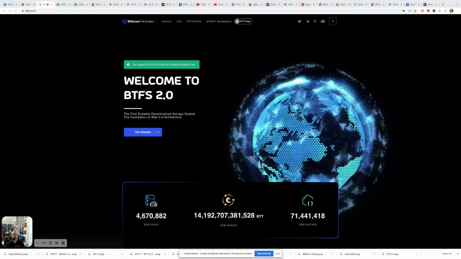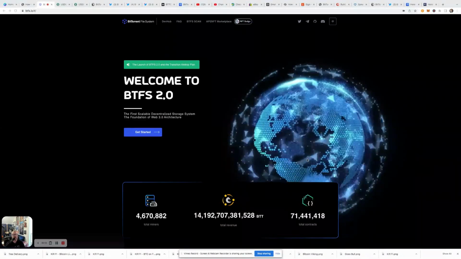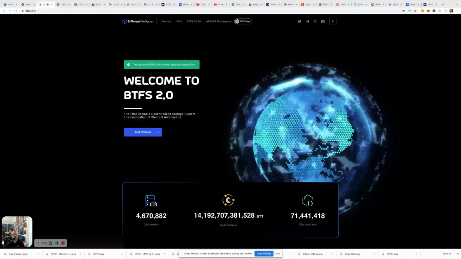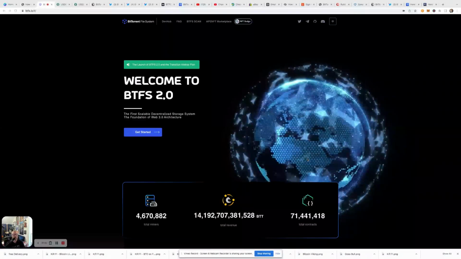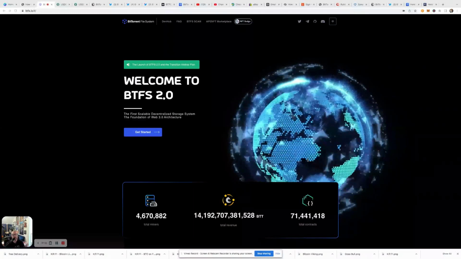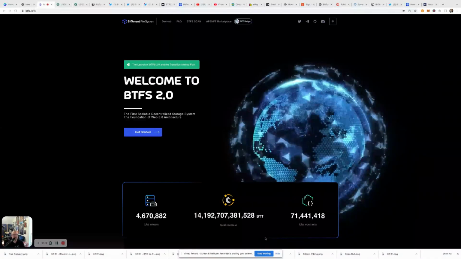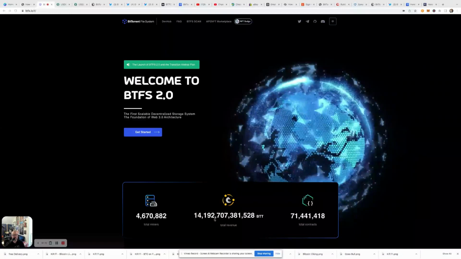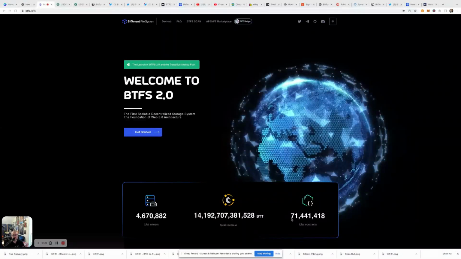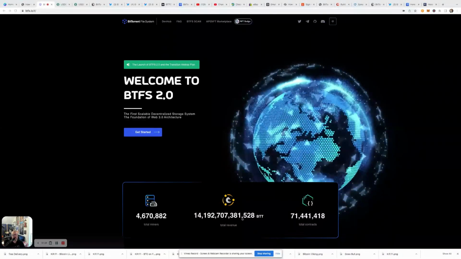So what this is, it's basically, as it says here, the first scalable decentralized storage system, the foundation of Web3 architecture. I don't know if that's 100% true that it's the first. I know it's one of many in the cryptocurrency industry that do this. But where it has a huge leg up is it also has the BitTorrent platform, okay? So that is one of the big things here, and some of the stats around this. I mean, look at the total revenues. So total revenue in BTT, the numbers go so high you can't even count it. Total contracts, 71 million. Total miners, over 4.6 million. That is an absolute truckload.